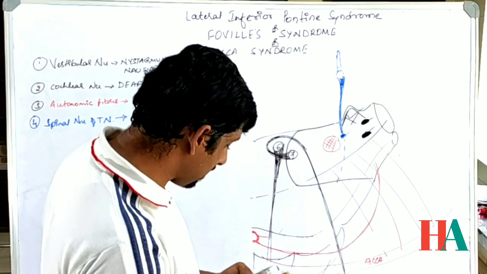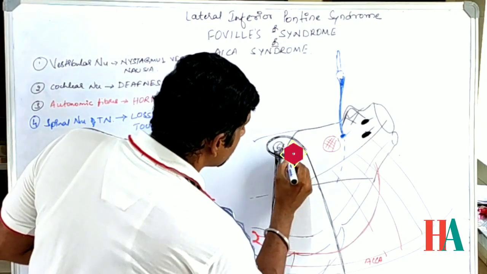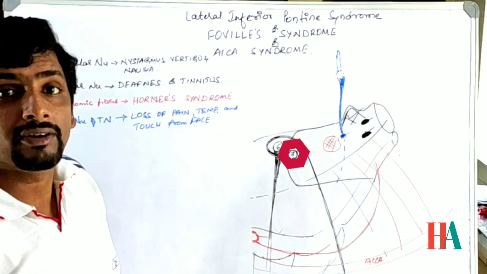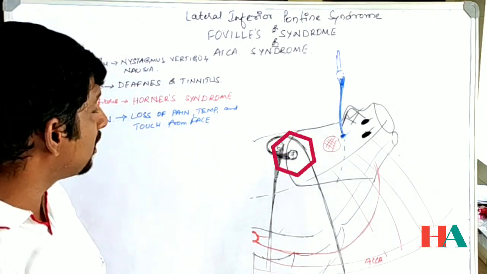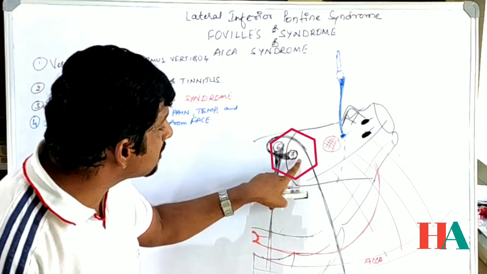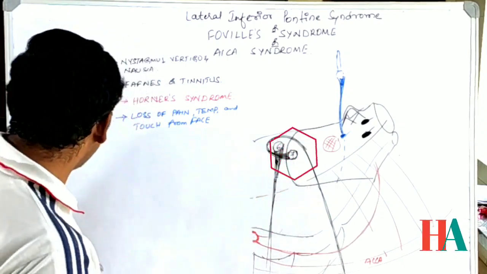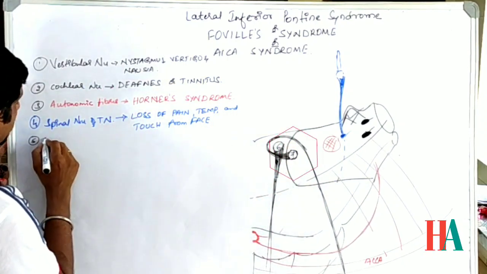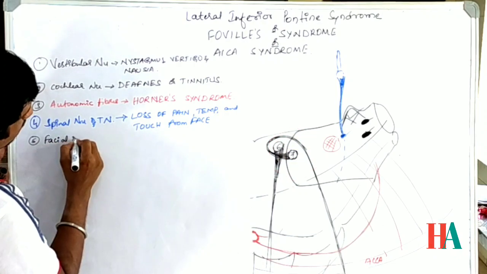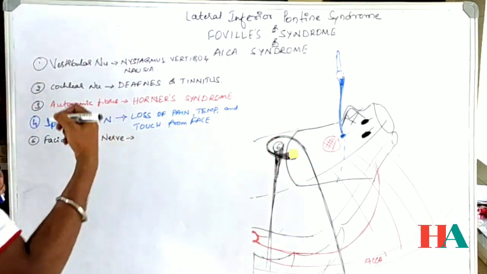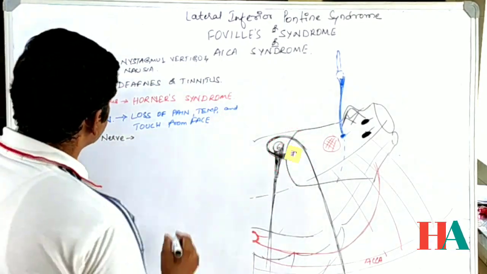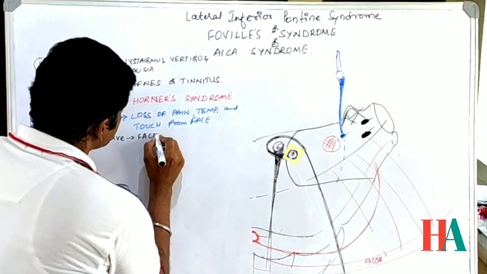What is left out? Can you see this one? What is this? The seventh cranial nerve nuclei. This is the facial nerve, and both the facial nucleus and the facial nerve are involved. So the fifth one we will write is about the facial nucleus and nerve, which is going to produce the symptoms that lead to facial